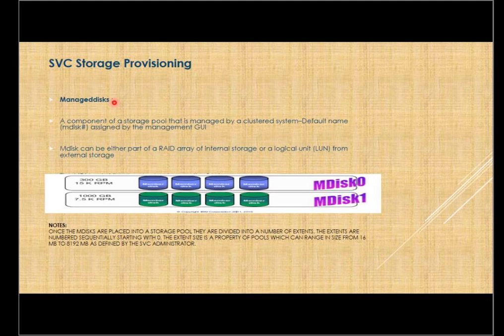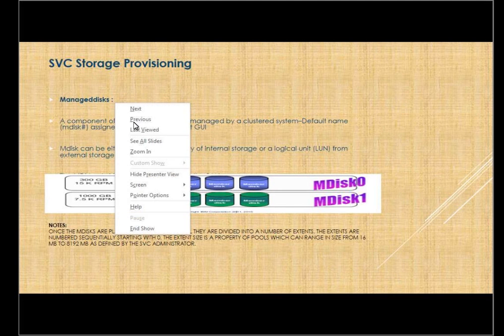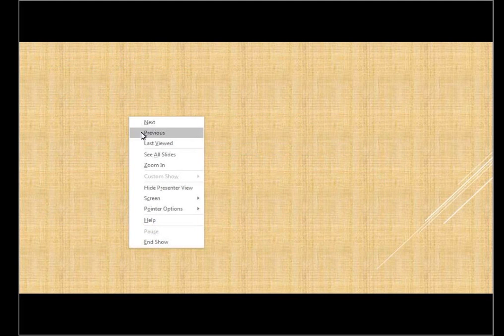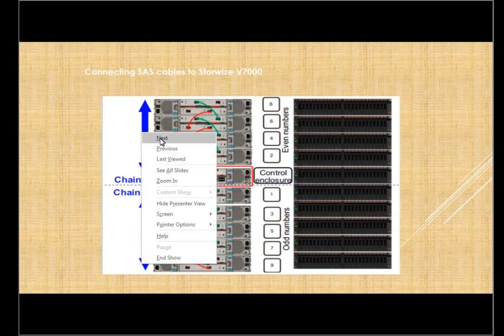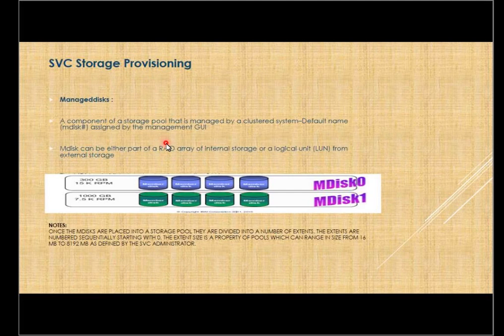Previous slide. I missed that sentence over there when I was there. No. In the same disk, just repeat what it is. Do you want me to repeat it again? External subsystem to LUNs are detected by the SVC, then what is it? Those are called MDisks, then? Yeah. So I'll draw a picture for you for this. No, I understood, but okay, fine.